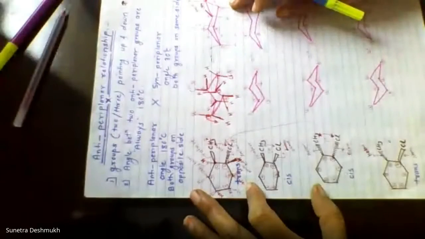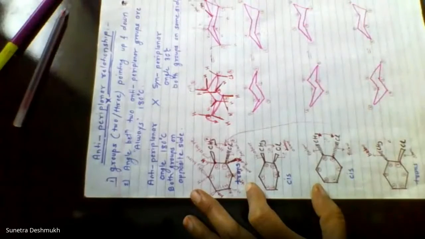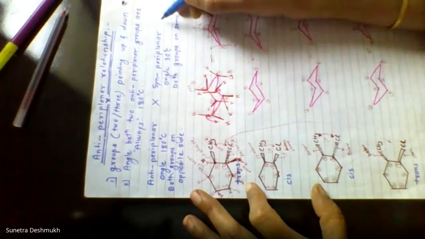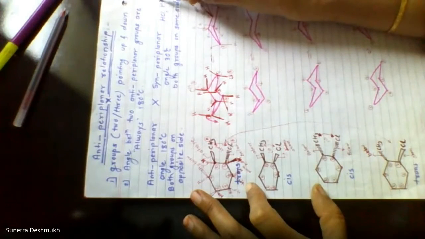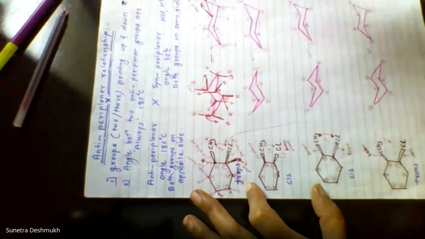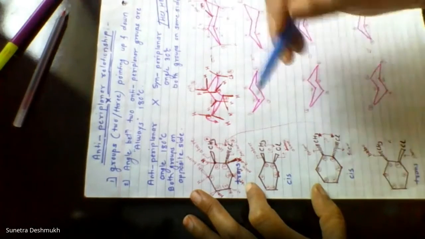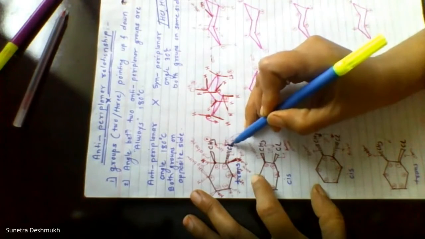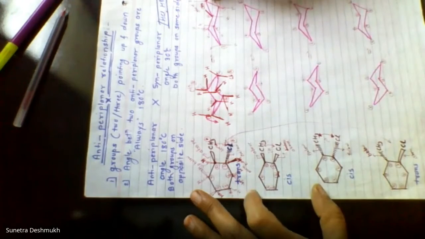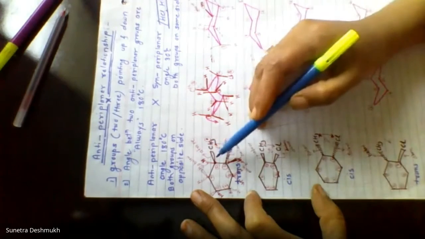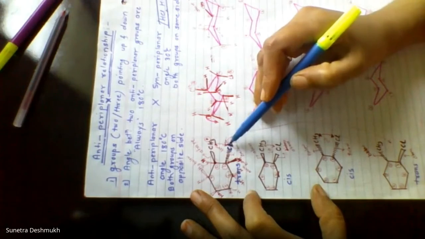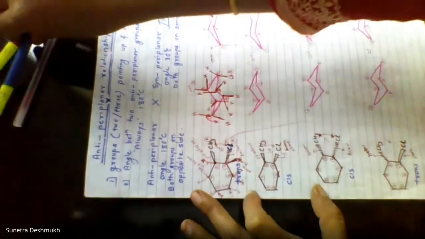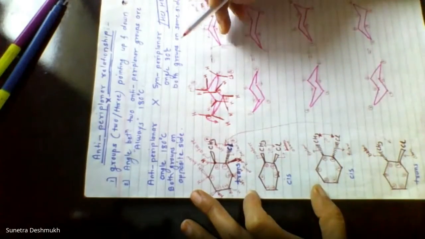Now here if you pay attention, in elimination the groups that are eliminating are like HCl, HBr. So here luckily we have taken the example in which chlorine is present. So now we have to remove one hydrogen and the chlorine atom. So we have to go for the elimination.